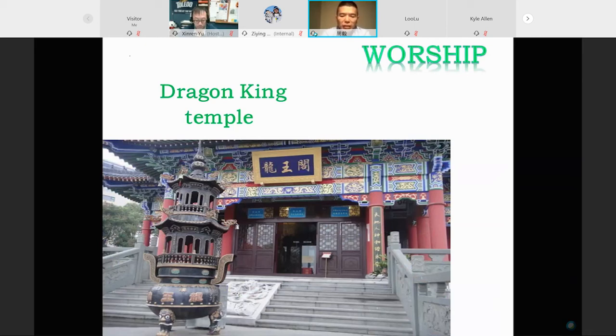So when a dragon king is angry or loses their temper, the waters would be roiling and have immense rolling waves, which is terrible for fishery or for sailing. That makes the Dragon King respected by people and an important god in people's lives. So if people want good luck, they will go to the temple to worship the Dragon King.